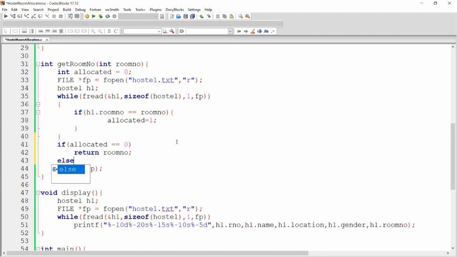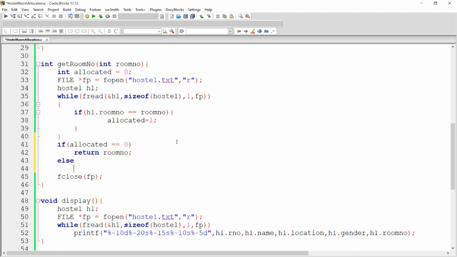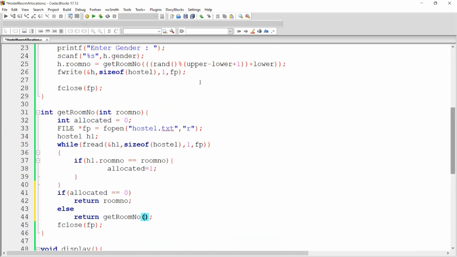But if room is allocated, then we can simply call our function again, that is get room number. So you can call here recursion function and you can pass the random generated number again, and that is this formula. So this formula you can copy and you can paste over here.